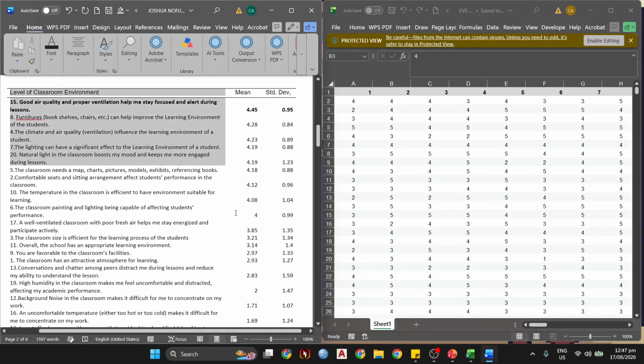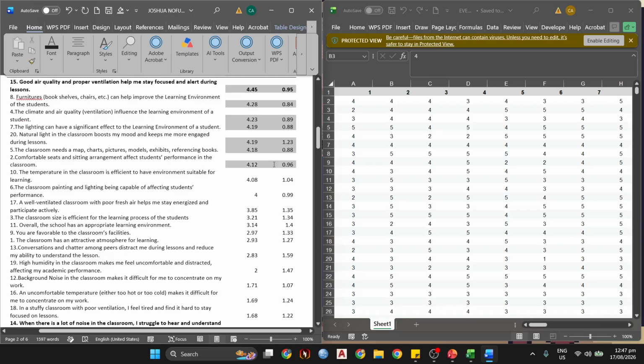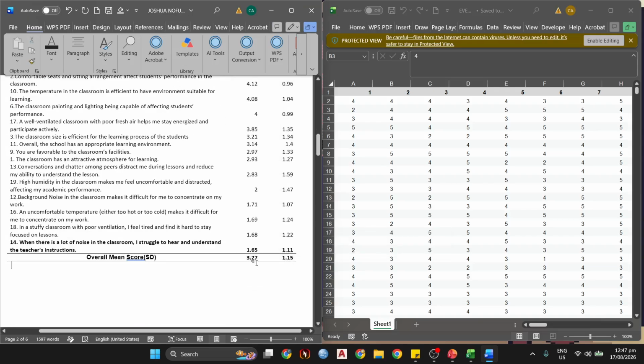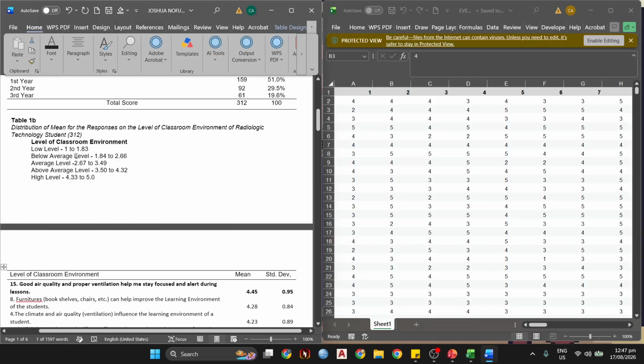As you can see here, all of the codes that we have here, we interpret as average mean and the standard deviation. And then we will get the total overall mean score, which will essentially let us gauge, for instance here, what's the level of their classroom environment? How good is the quality of their classroom?